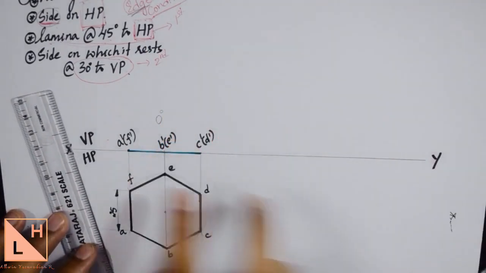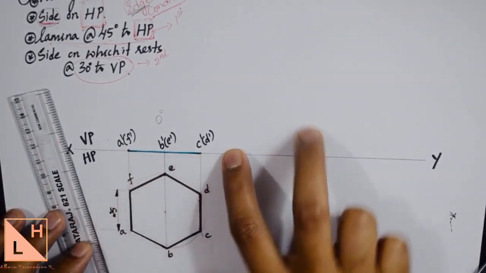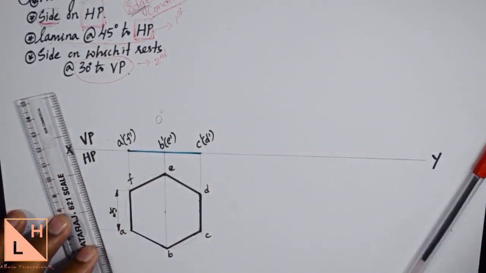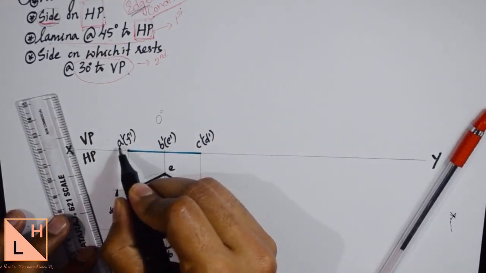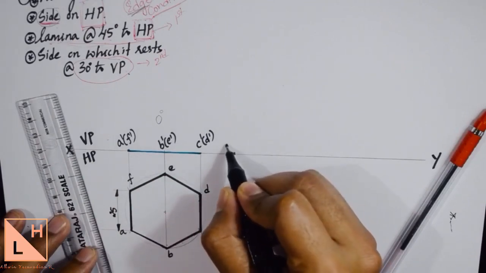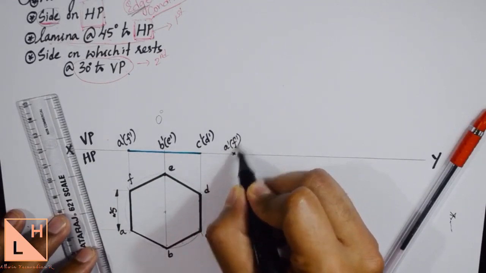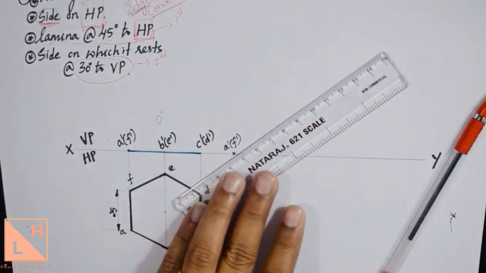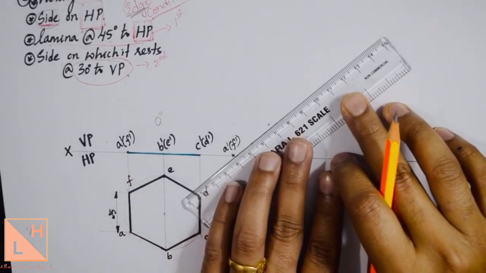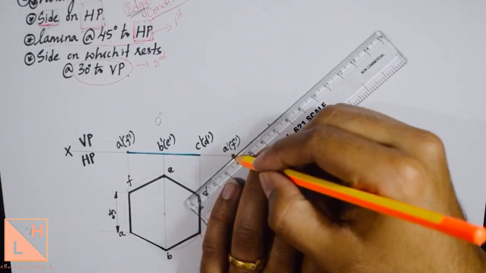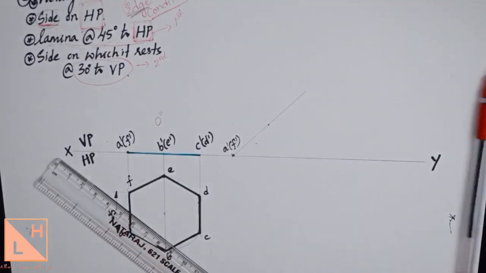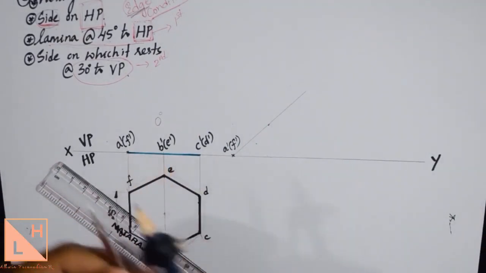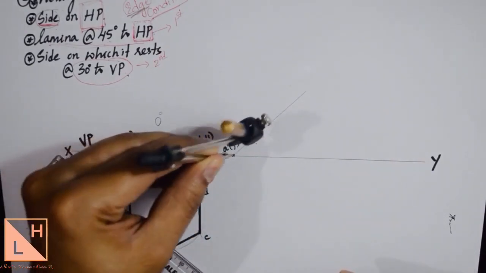In the next position I just need to take this, project it over here and incline this line at an angle of 45 degrees. So first what we do is we take the leftmost point, which is A dash F dash. You can mark that point, A dash F dash, and here you just need to draw a 45 degree line using a protractor or a compass. So once you got that point using the protractor, you can just draw a thin line first. On this line you just need to mark the remaining points in the front view, that is from A dash to B dash. You cut one arc from A dash,